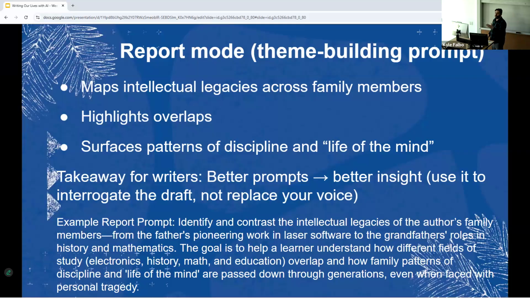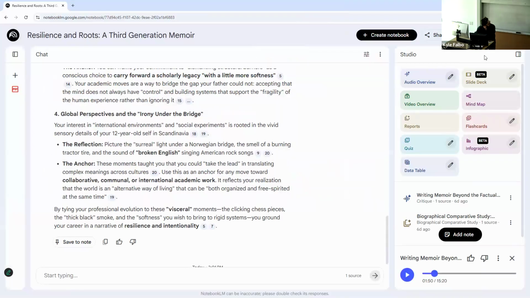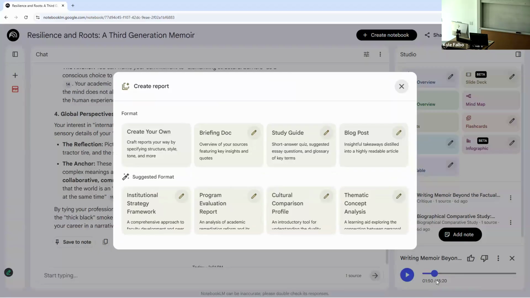Let me actually show you what that menu option looks like in NotebookLM itself. Right, so here's reports. Like I was saying, these are this kind of briefing doc, study guide, blog post. Those are the pre-generated ones. But each of these pencil marks lets you modify and personalize those styles of reports.